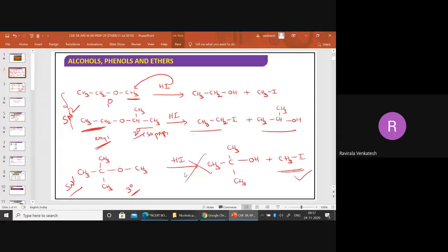Are you getting this product? No, you are not getting this product actually. You are not at all getting this product. Now, what are you getting instead of this one? You are getting iodine here, and here you are getting OH. Correct? So what I am saying here is, when you take primary, secondary, if ethers are having primary, secondary like